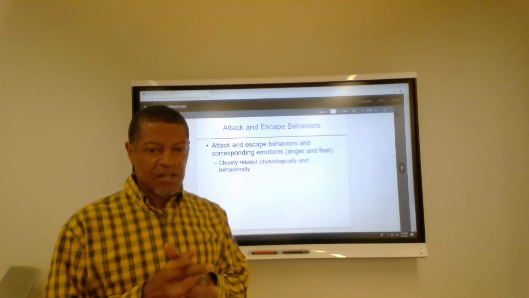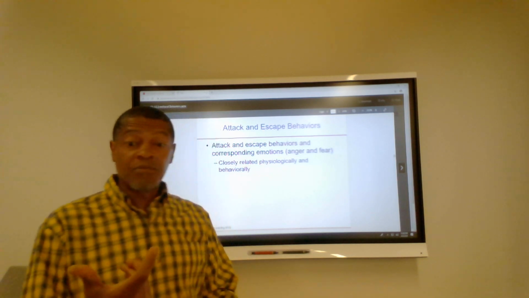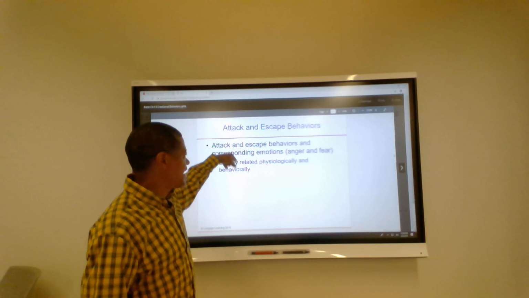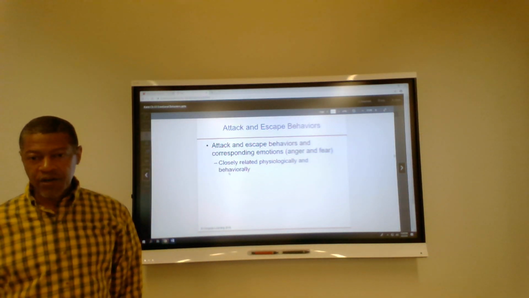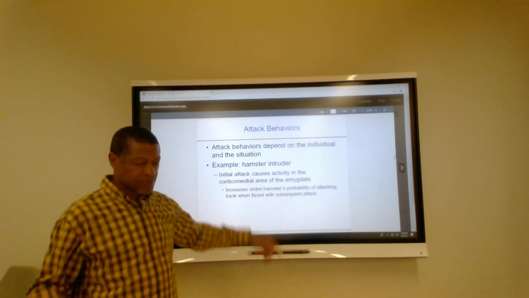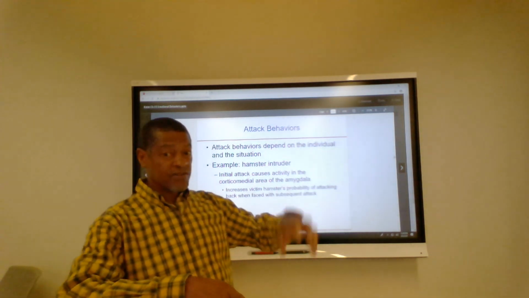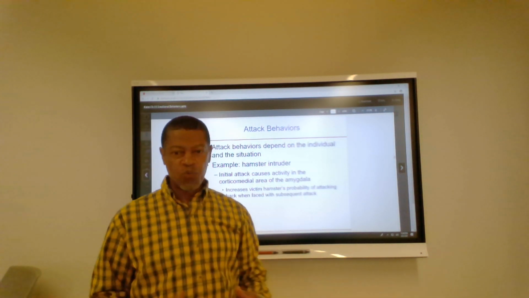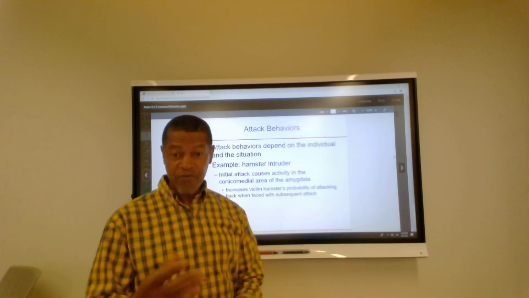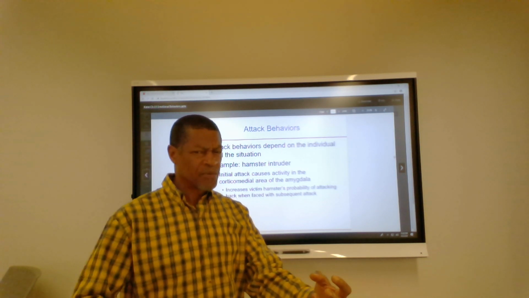So in a laboratory setting, if you can manipulate that, now you can investigate what's going on in the brain, or perhaps give some chemicals, take some chemicals out, and investigate what's happening. That's why attack and escape behaviors have become very popular in research. One hamster could be the intruder coming into the cage, and the other animal is the resident. So you ask the question, who would win the fight, the resident or the intruder? Who would be dominant? Who's going to fight harder, the resident to stay in its home or the intruder coming in?